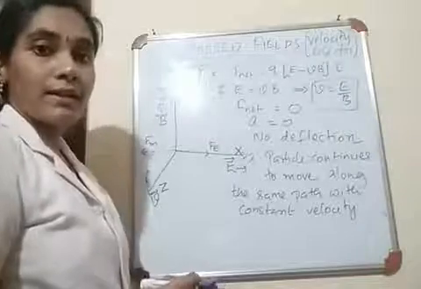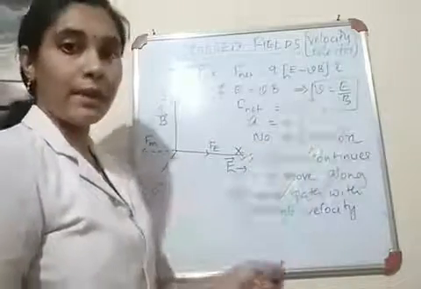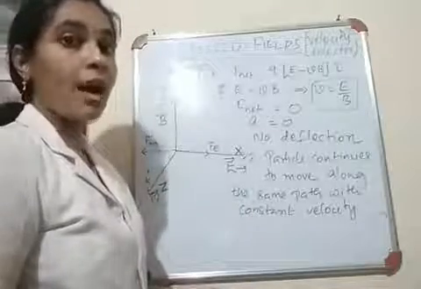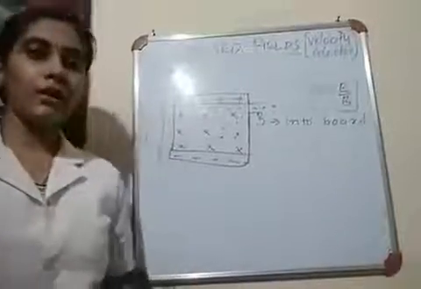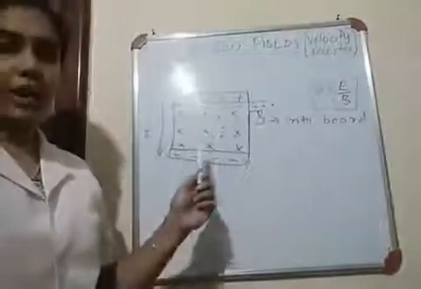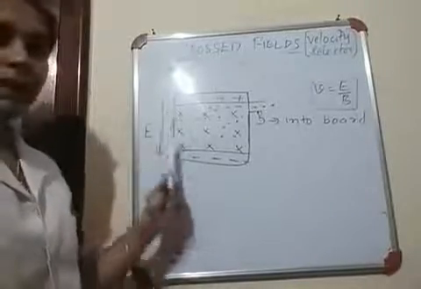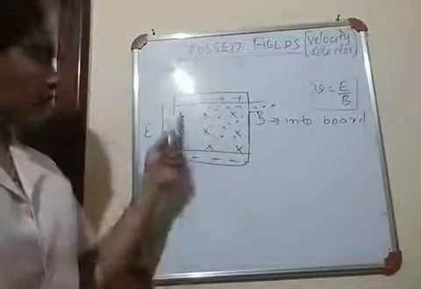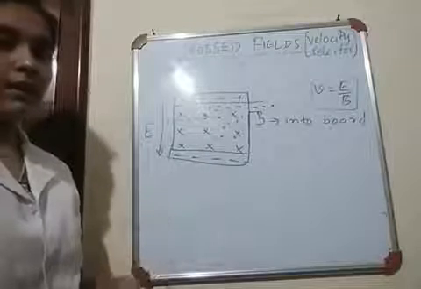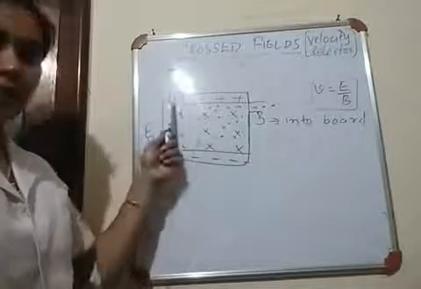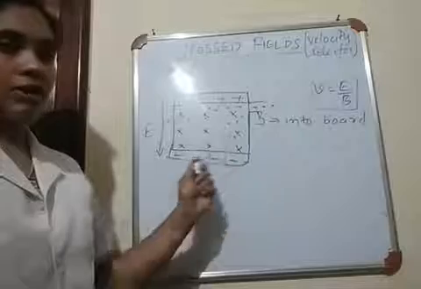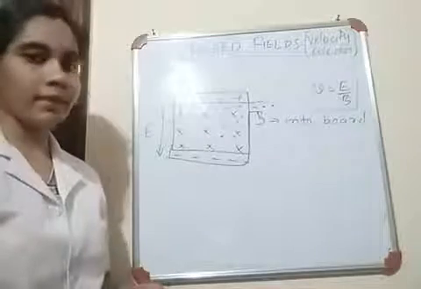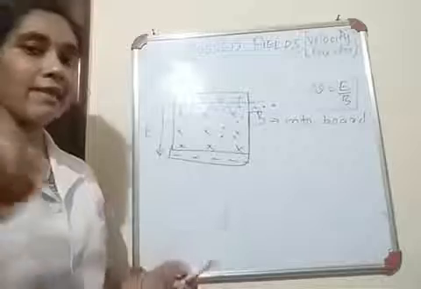So this ratio is very important. When the velocity of the particle is equal to the ratio of electric field and magnetic field, those particles move undeflected through the crossed field. Now children, consider a chamber like this. Here we have applied an electric field across the ends of the chamber. This is the positive and this is the negative side of the chamber. So what will be the direction of the electric field? Downwards. Then this cross denotes the direction of the magnetic field, which indicates the magnetic field acts into the board.